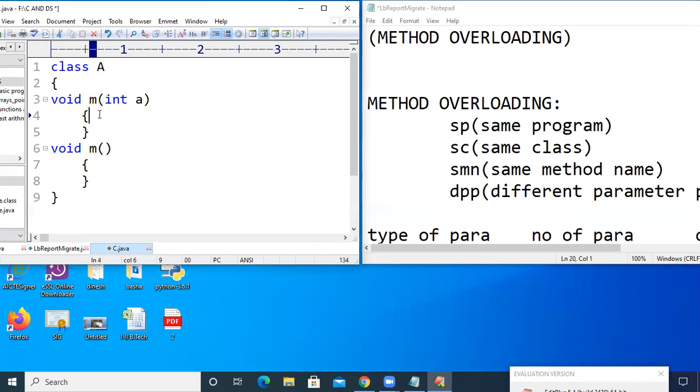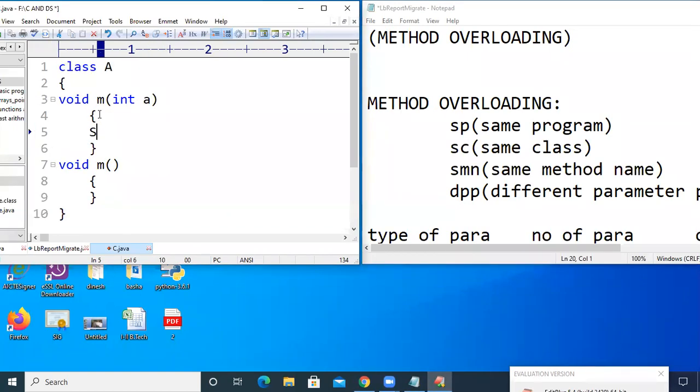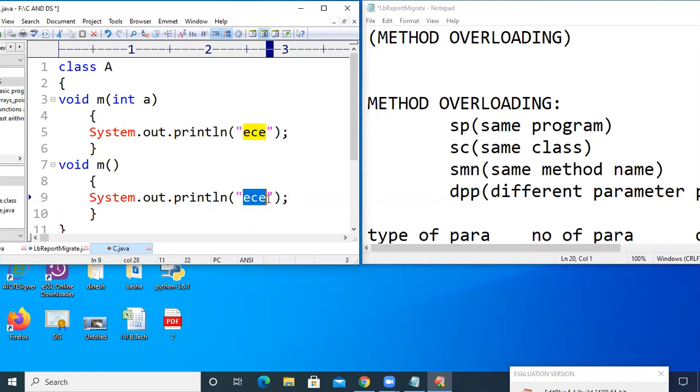If this particular method is executed, it is going to print ECE on the output screen. At the same time, if the second method gets executed, it is going to print CSC on the output screen.